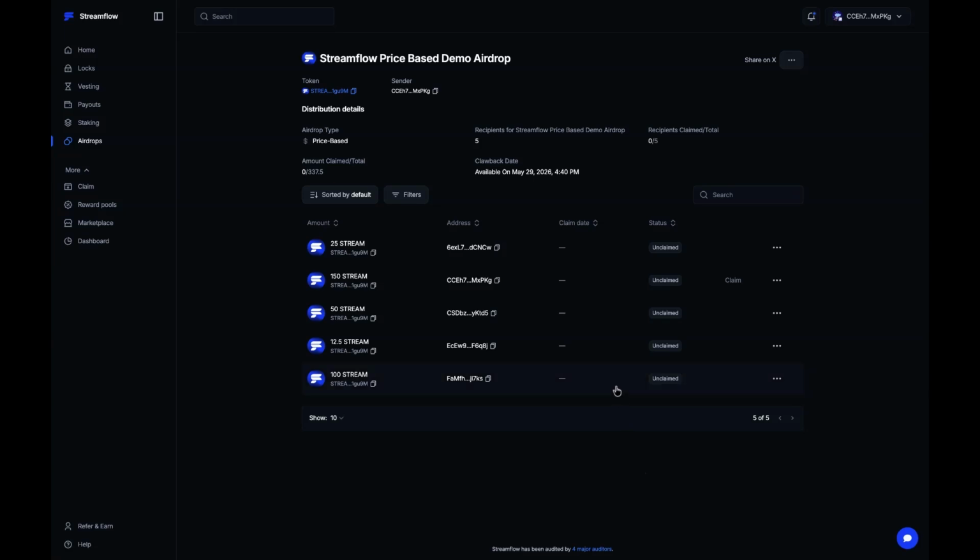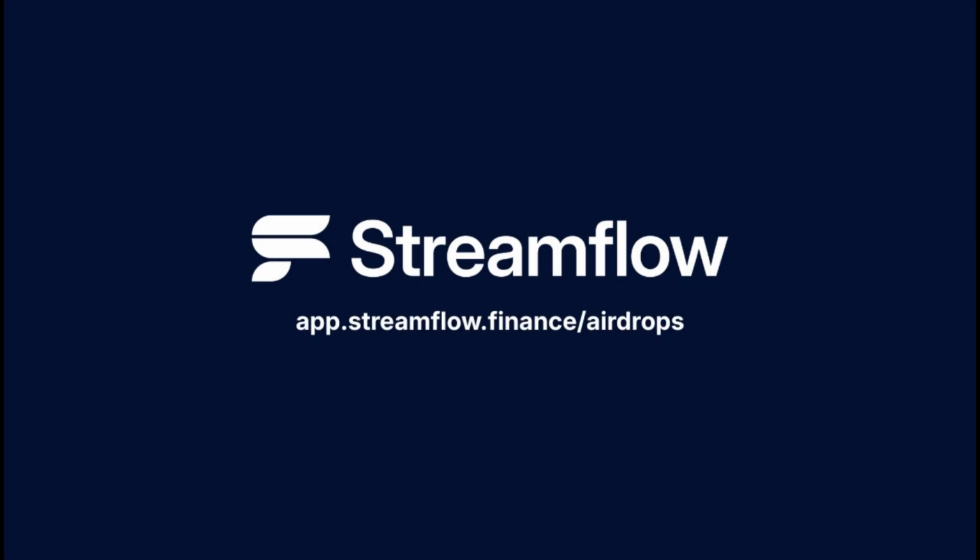From there, you can monitor the airdrop status, track how many recipients have claimed their tokens, or share the link with your community so they can start claiming. And that's it on how you can create a